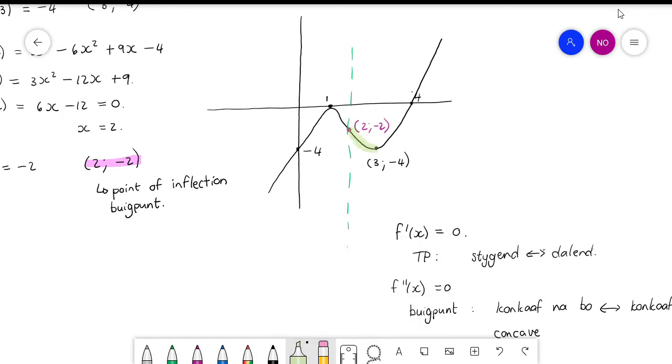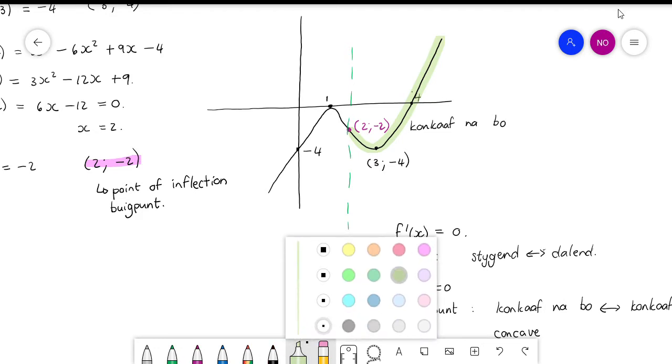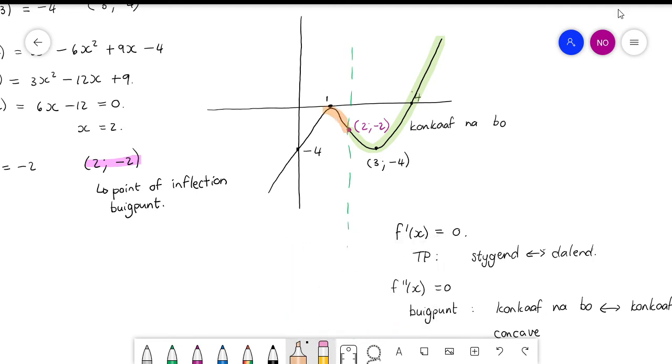So hierdie gedeelte van die grafiek gaan wees konkaaf na bo. Sien julle hy lyk soos 'n positiewe parabool? While this part of the graph